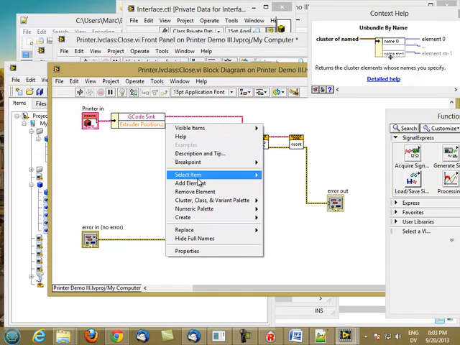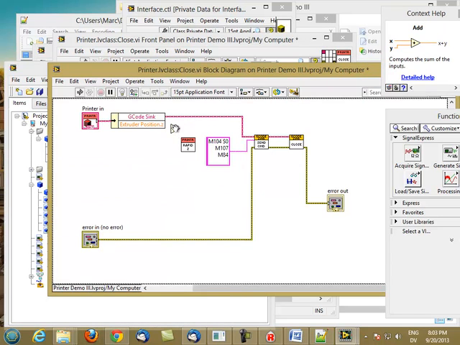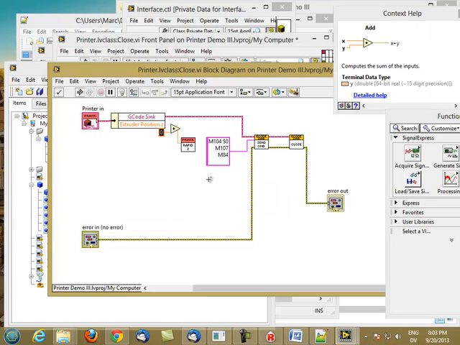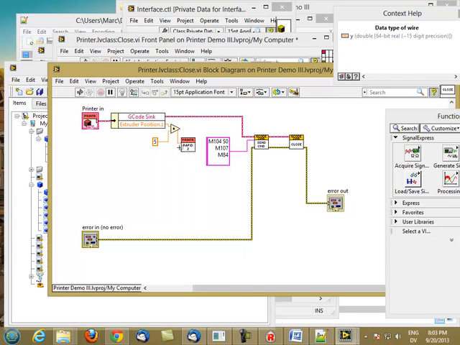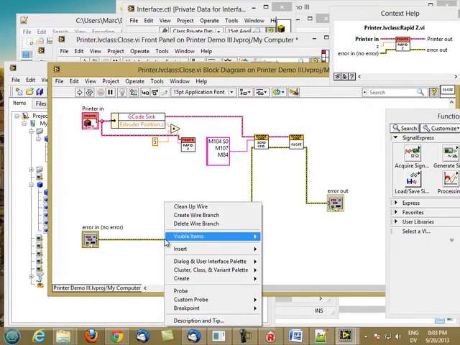So Z plus 5, which on the printer bot junior is up. And then I need my printer. And this error line